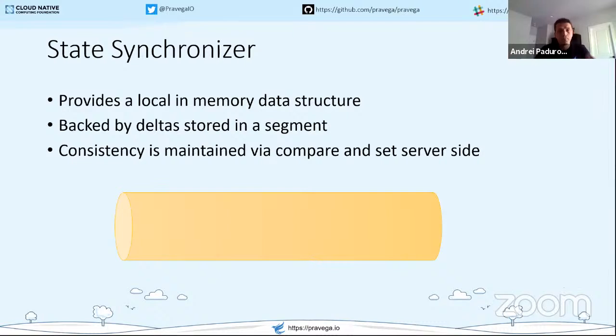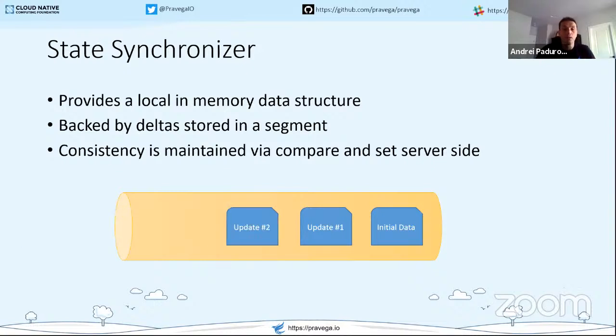So what happens is every time you create a state synchronizer, in the backend, it creates a segment. And if you remember what I said in the beginning of this presentation, segments have appends, but they also have offset conditional appends. And this is what I mean here by compare and set server side. So we have our initial data in our hash map. Then we want to make an update, say I want to insert a new value. Then I make a second update, I insert value 2,